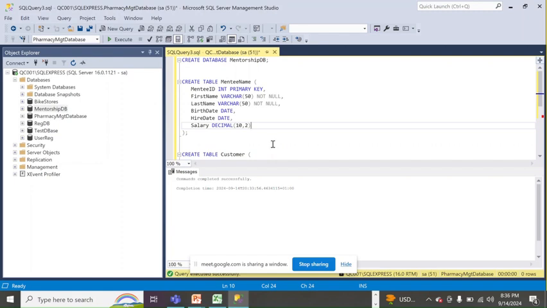Are you trying to do it now? Mine is saying there is already an object named maintained in the database. You are trying to do it the second time you've done it already. So you can't have two tables with the same name in the same database. It means that you have done that, and it was successful in the first place. So once you do it the first time and you attempt it a second time, it